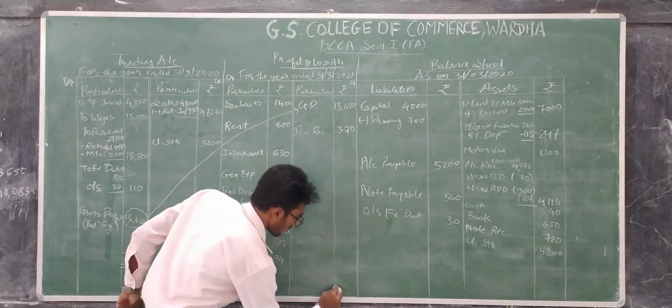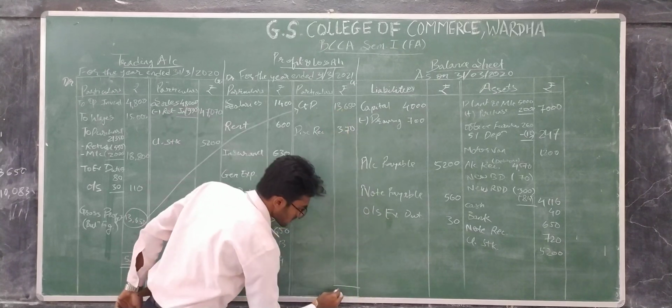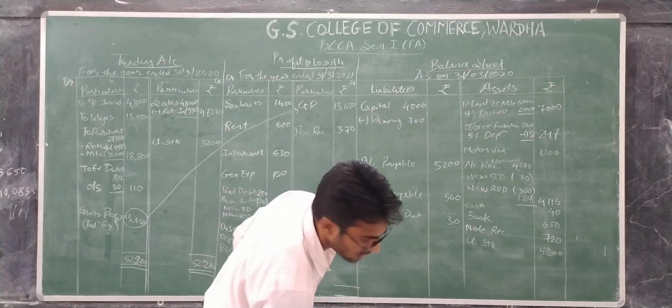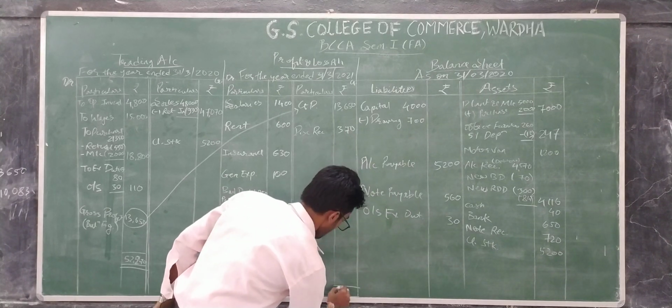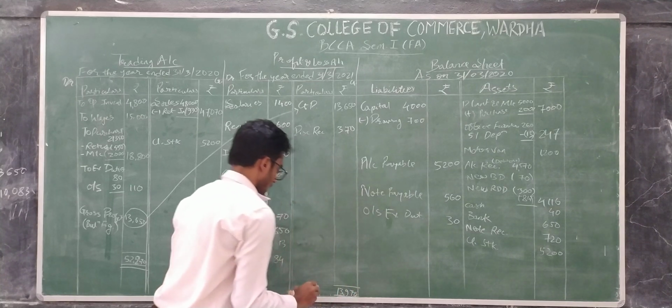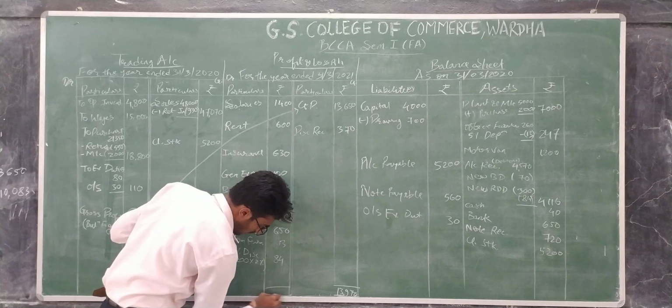Okay, I have to calculate these two, and this will become your 13,930. Okay, and I have to write this last figure on both sides, and now